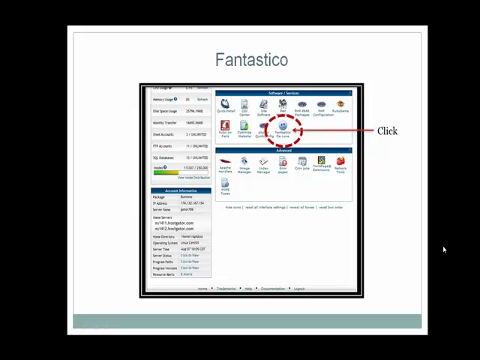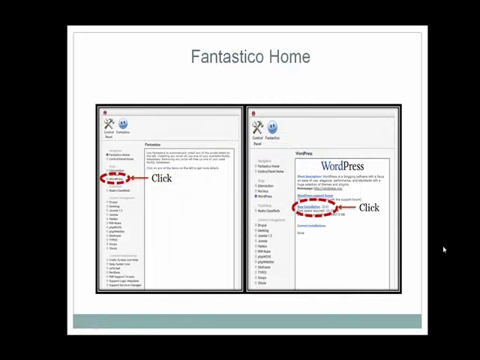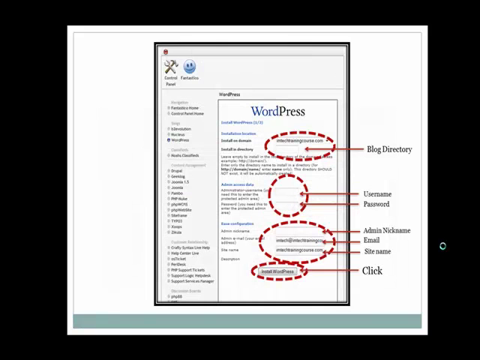And Fantastico basically allows you to do a one-click install of WordPress. And so this is what you're going to see when I do this live. But basically I just wanted to get you familiar with what it's going to look like. You're simply clicking, as I'll show you live on the screen, and you're inputting your information, filling out a very small form, and literally within 30 seconds Fantastico will install WordPress for you from start to